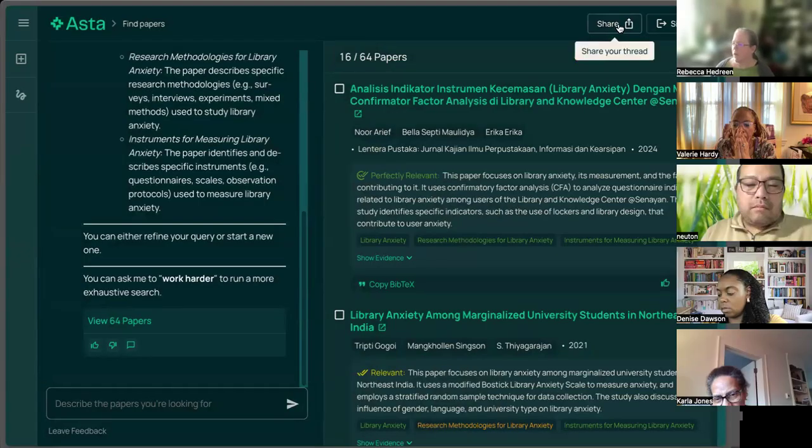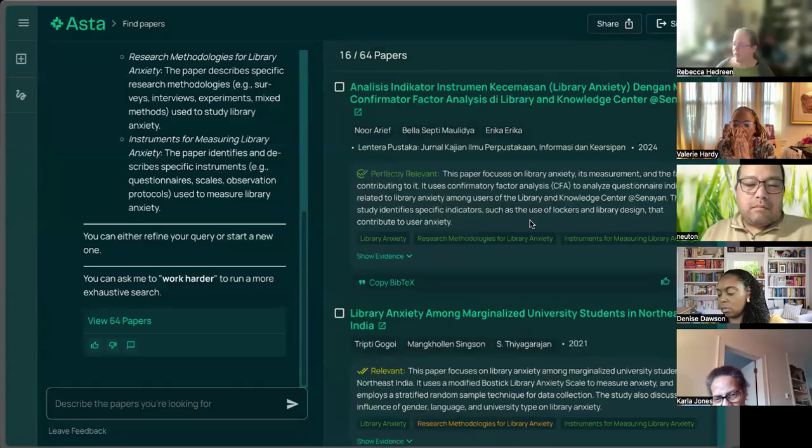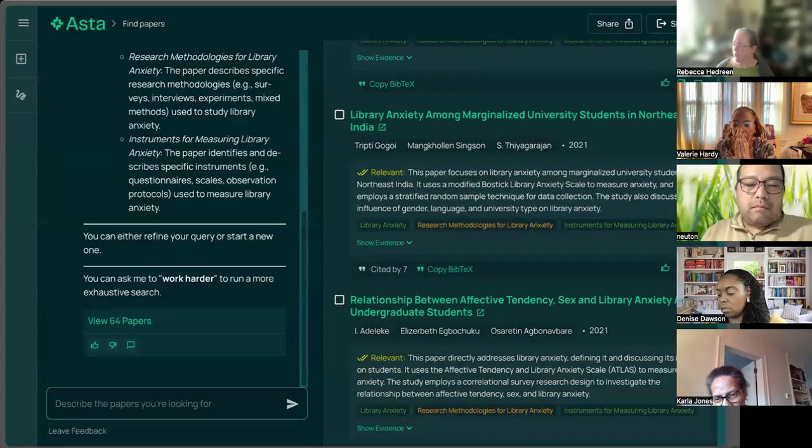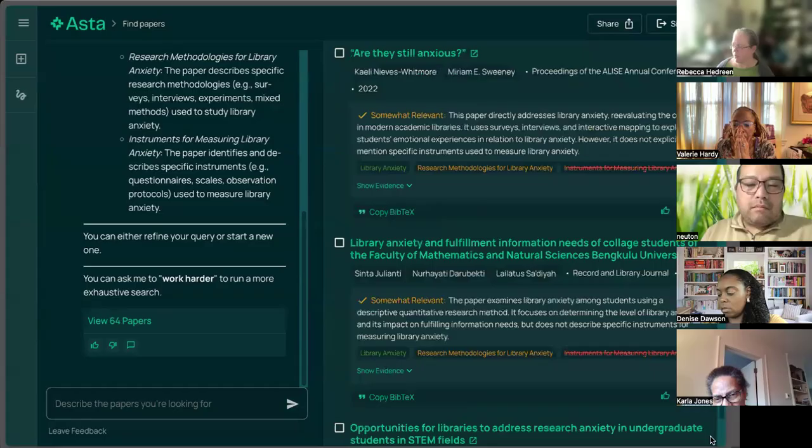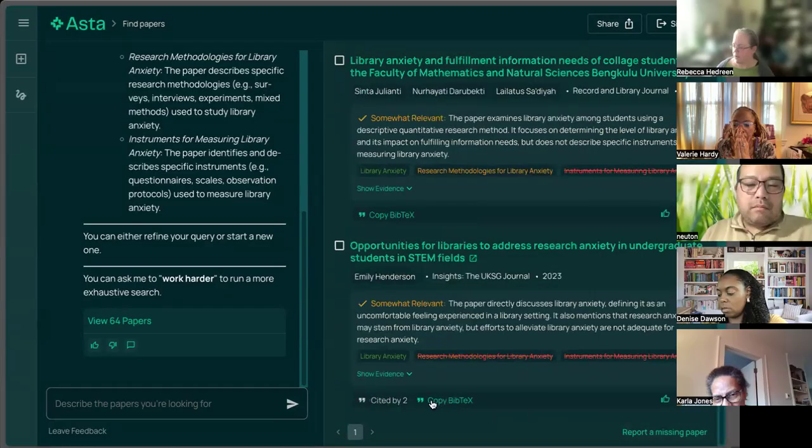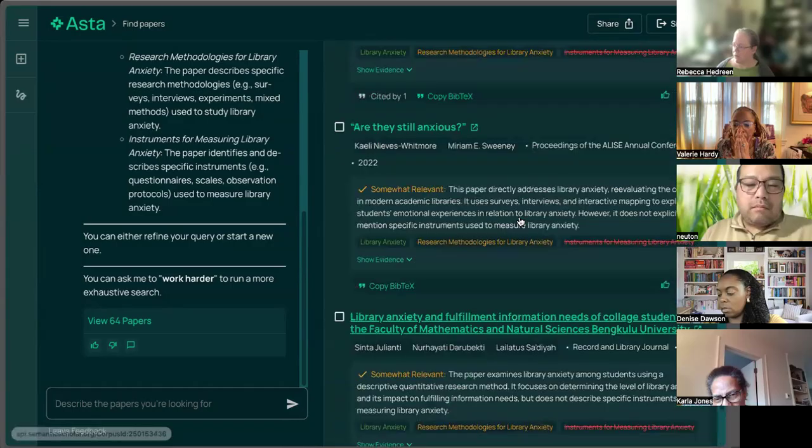You can share these. You can also copy the